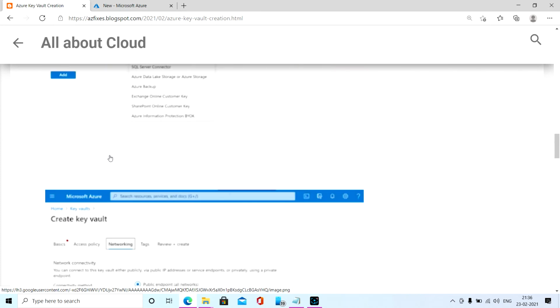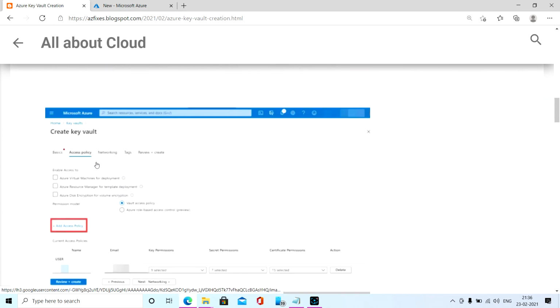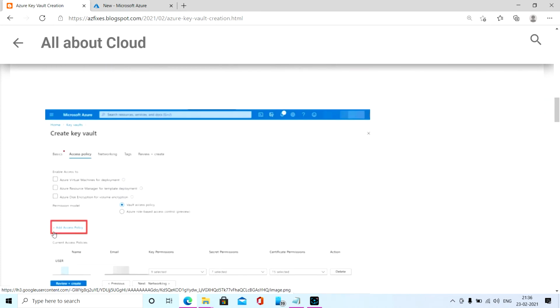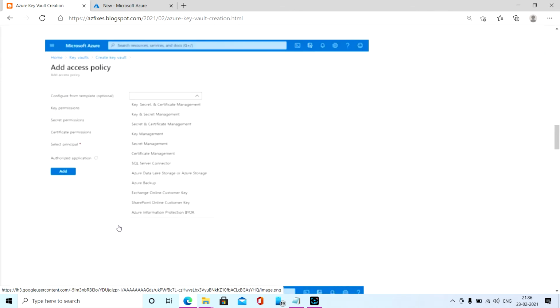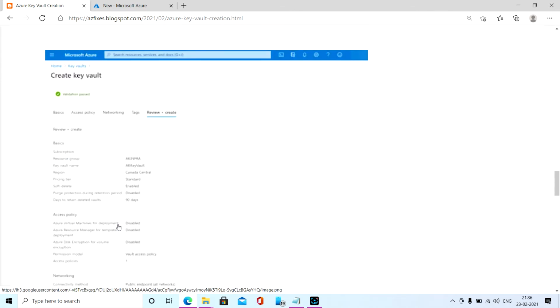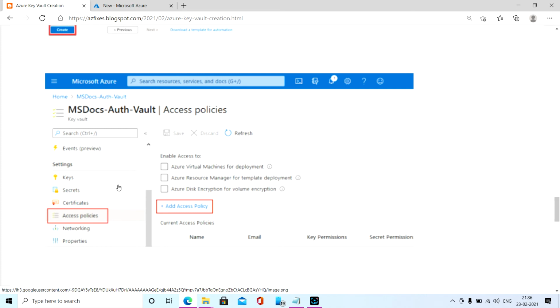If you have not added your account in the add access policy, you can do it later as well, because whenever the key vault is created, you will get an option for access policy. Once you click on the access policy, you will get an option on the right side, add access policy.